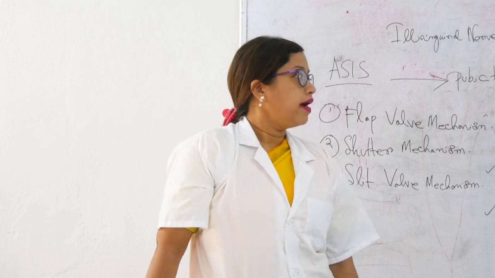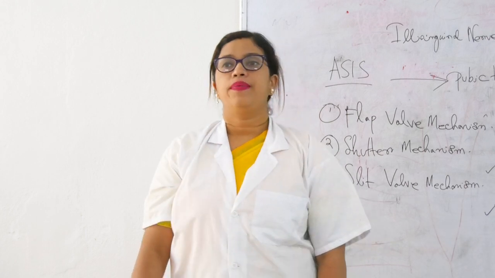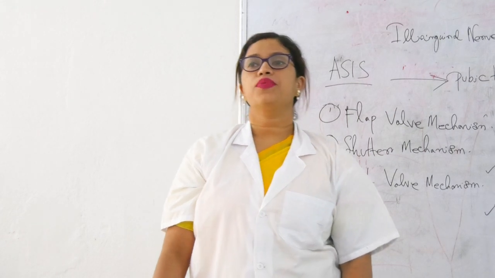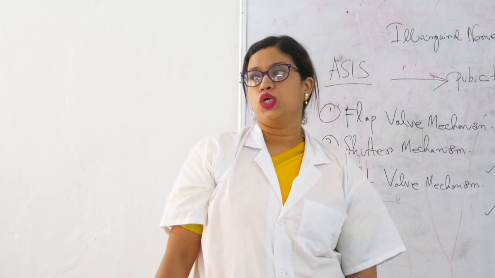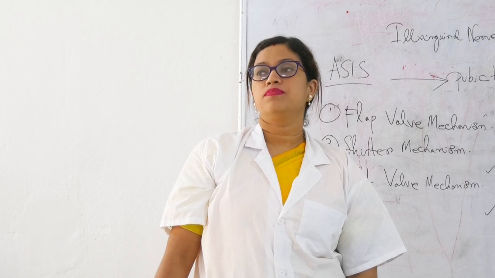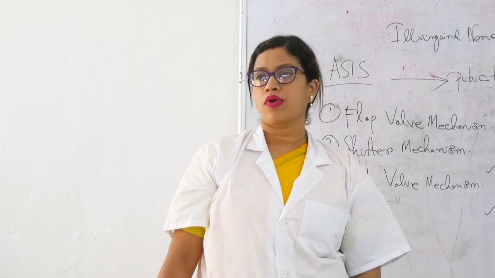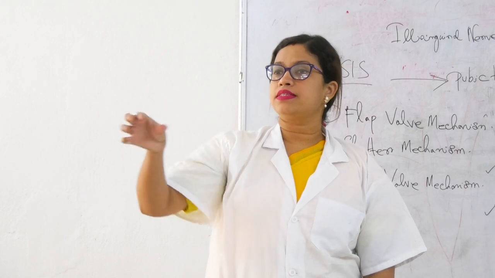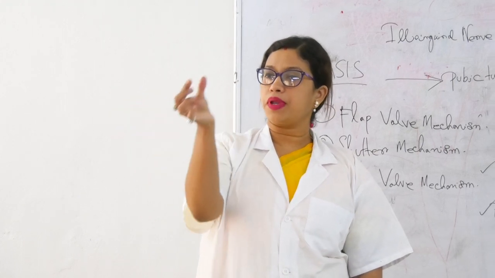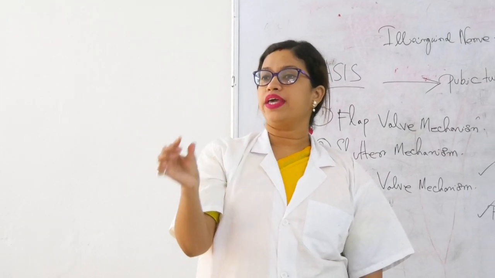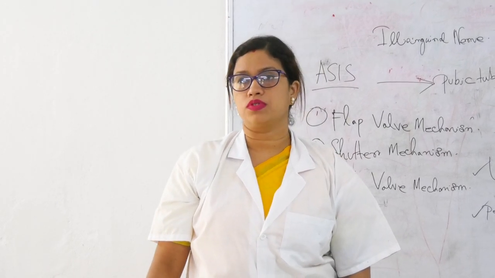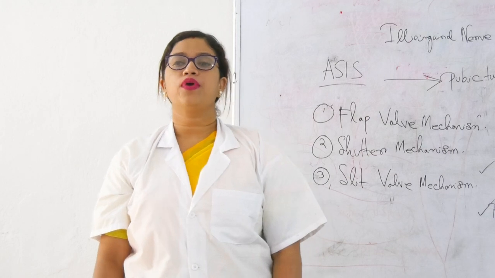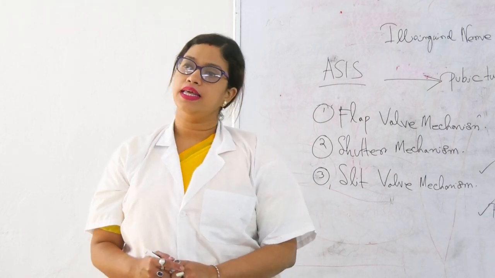Okay, and the pectineal ligament is from the pubic tubercle up to the pecten pubis. Which one is the pecten pubis? The pubis is just the part making the obturator foramen below that area, right? So there you will get one elevation anteriorly, that is known as the pecten pubis. It extends up to here, and that is known as the pectineal ligament.